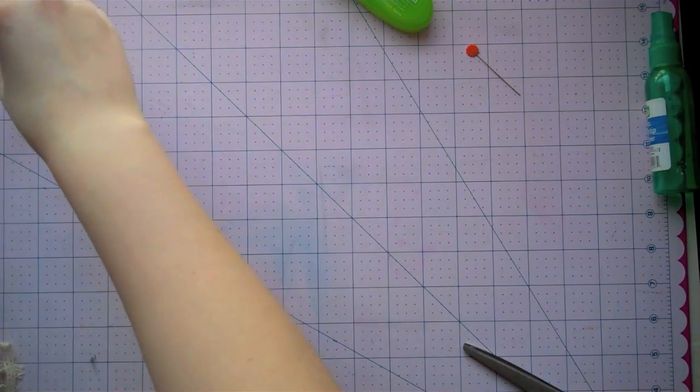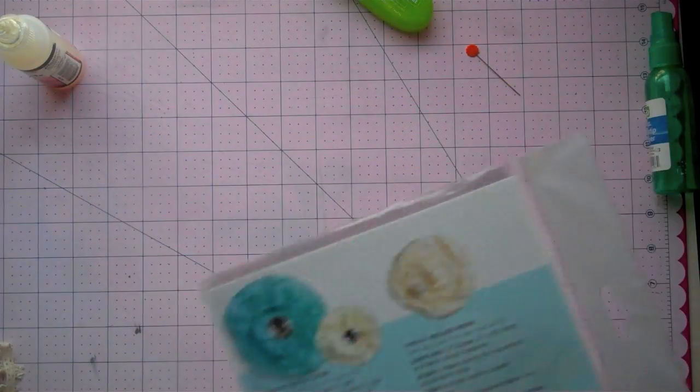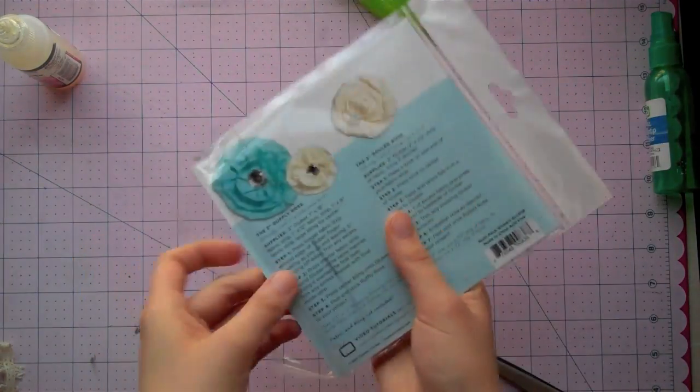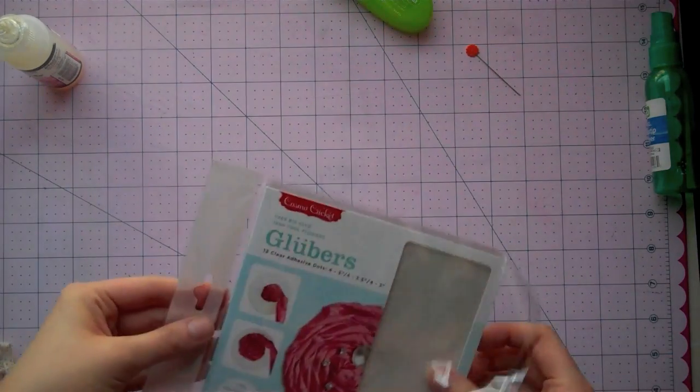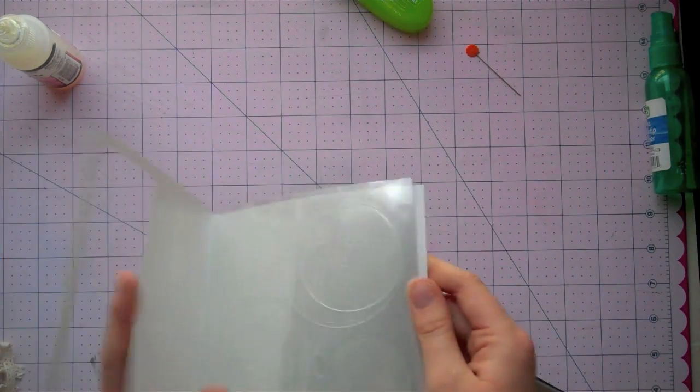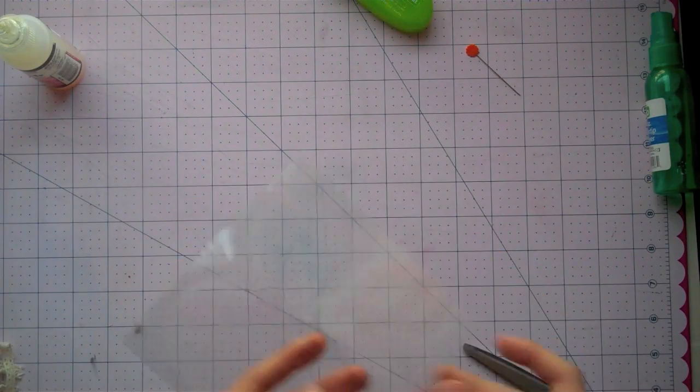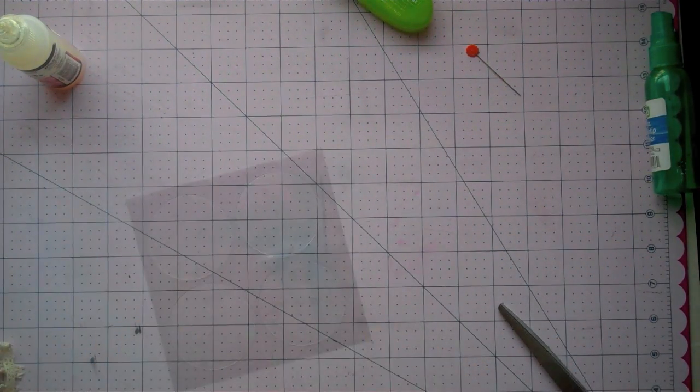The next kind of flower I want to make is a twisted flower. So for this I'm actually going to be using one of these gloobers, just because I thought it'd be fun to show different ways to adhere them down. You can of course use the circle covered in adhesive as well, but I thought this would be fun to try out. So I'm going to be using a 2-inch gloober,